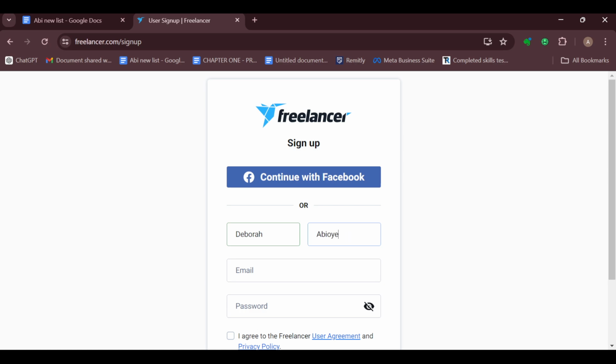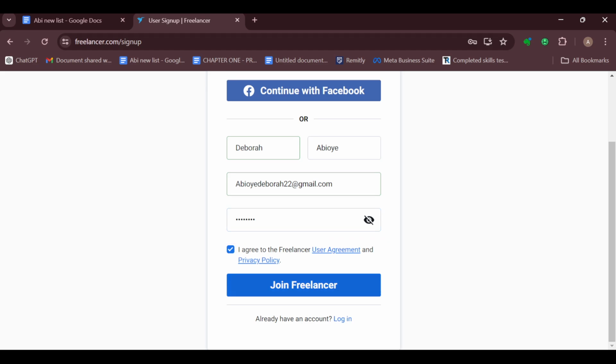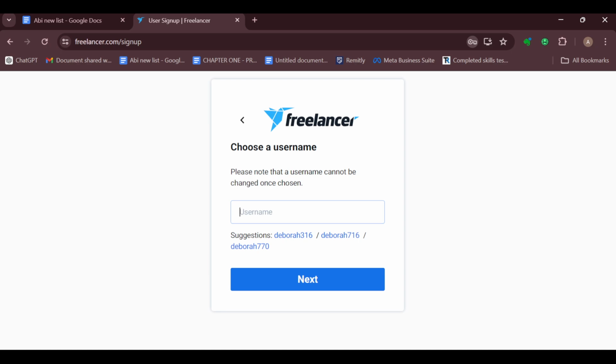And then the next thing to do is type out the last name, okay, and then your email, the email that you would like to use for this particular account, all right, at gmail.com, and then click on your password and enter in a solid password to avoid hackers, and then agree to the terms and conditions, then click on join freelancer, and then you'll be asked to choose